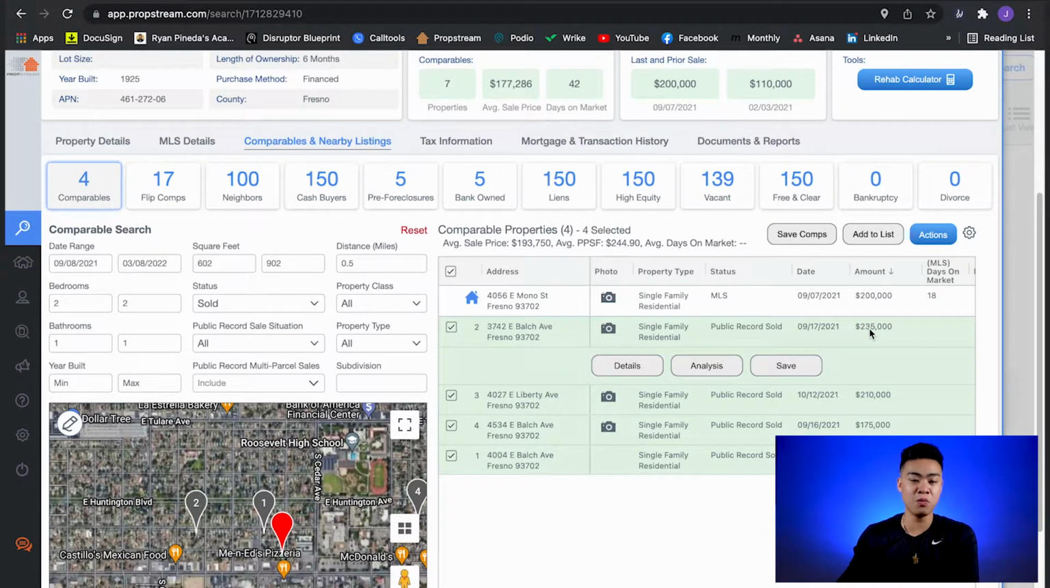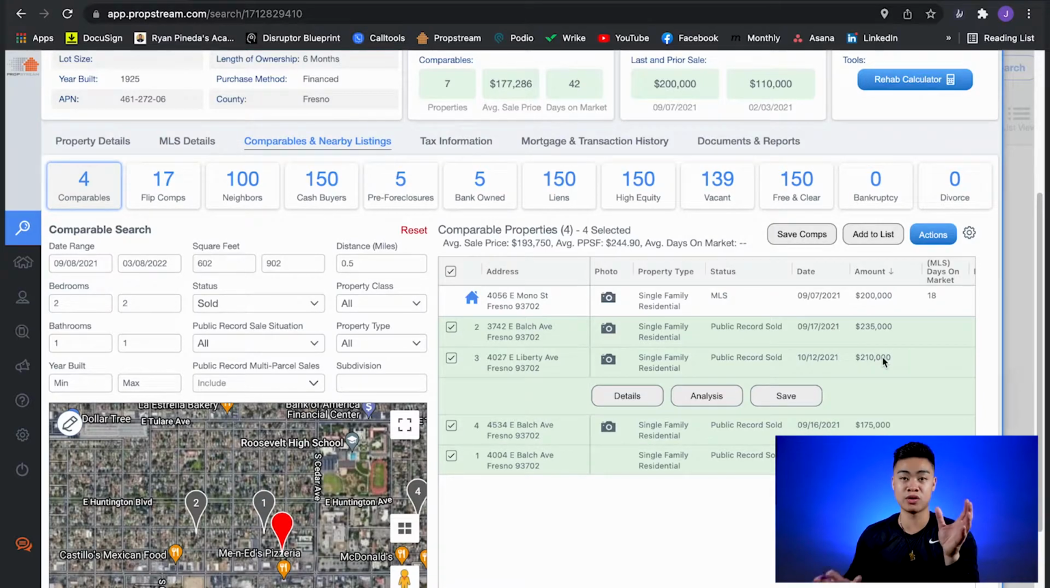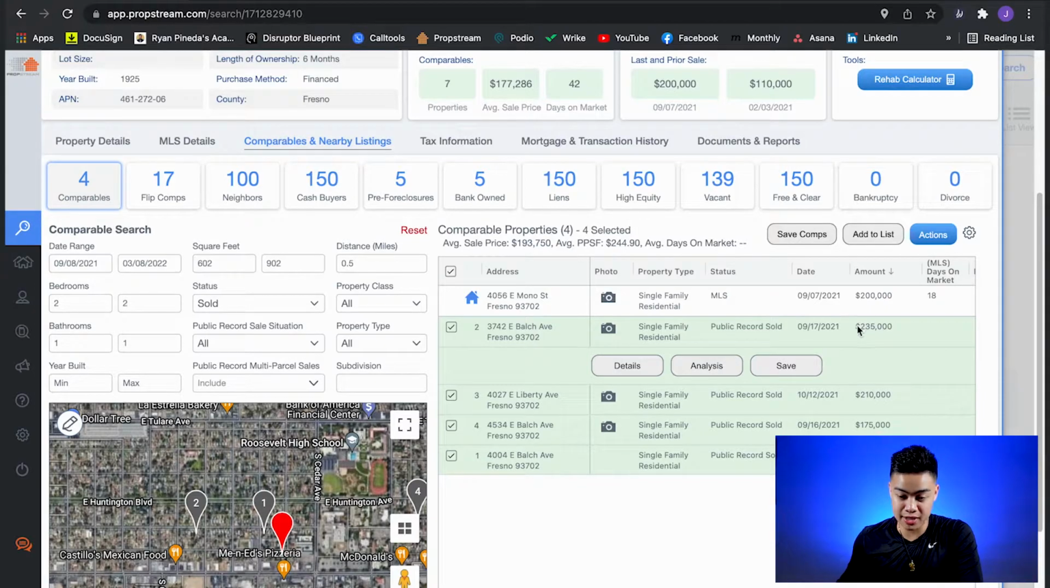So even though I got lucky on my first comp, and the first and highest comp was the best comp, a really good ARV comp, I still want to make sure I look at the others just to see what they sold for and just to make sure that everything makes sense. Because for example, if I'm looking at this and I see that this home sold for $235,000, super nice condition, and then maybe I see another one that, what if this